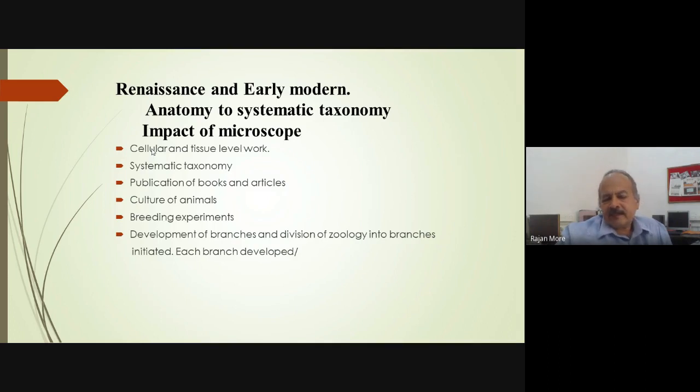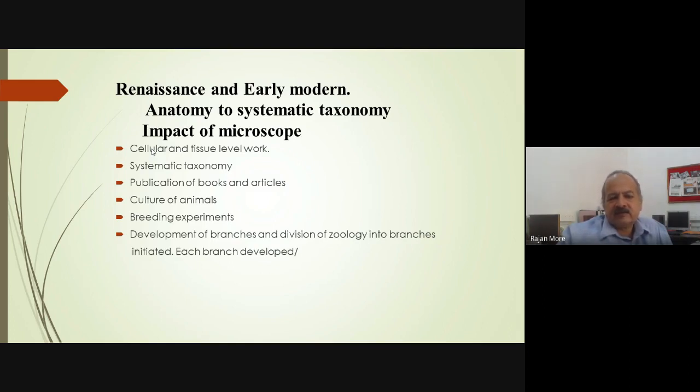And the individuals who were slowly and steadily developing their farms, and the civilizations were working into, say, a barter system. So some of them started culture of animals, then the breeding experiments began, and then at the end of this era, they started development of branches of zoology. So then the individuals thought, okay, now we have to develop the